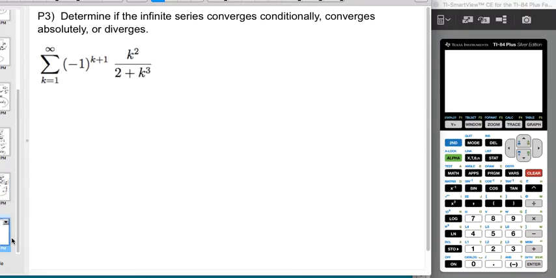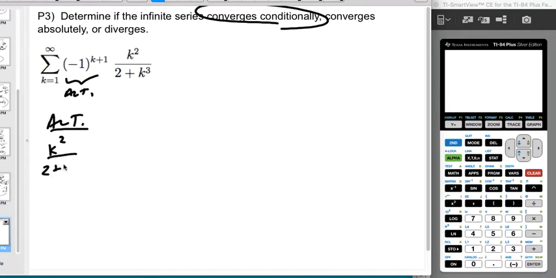All right, so this one's a little bit different. So this is going to be conditional convergence. And again, you get better as you look at it. But so this is the piece that's alternating. So let's first check that the alternating series converges. So is k squared over (2 plus k cubed) decreasing? And it is. And you can see this if you plug in values. But essentially what's happening is this behaves a lot like